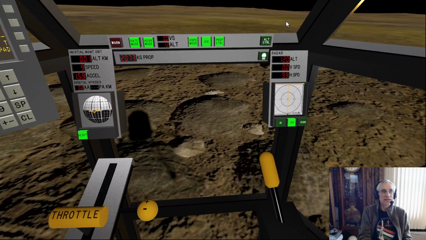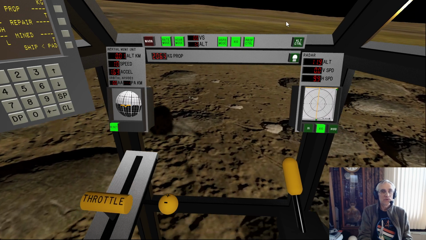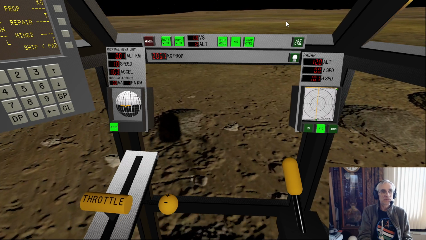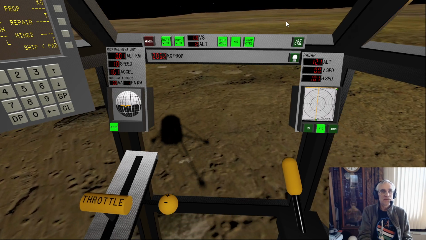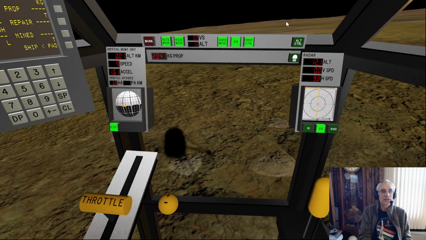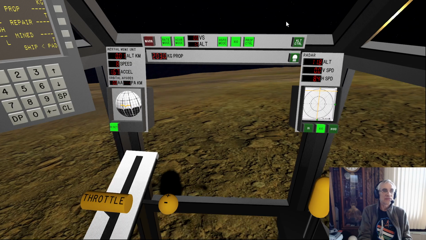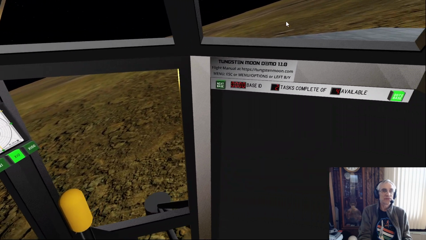As long as we maintain level flight, we'll continue to fly at 10 meters per second horizontally. If I release my stick and command 0 meters per second, the autopilot will bank us backwards to slow our horizontal velocity. You can see that if we look out to the right.